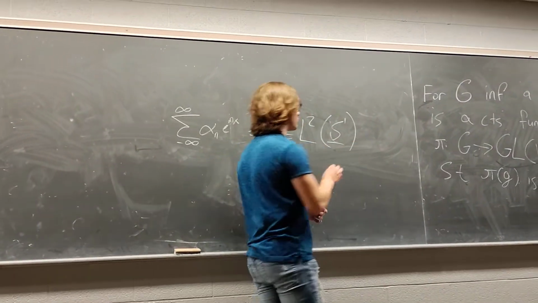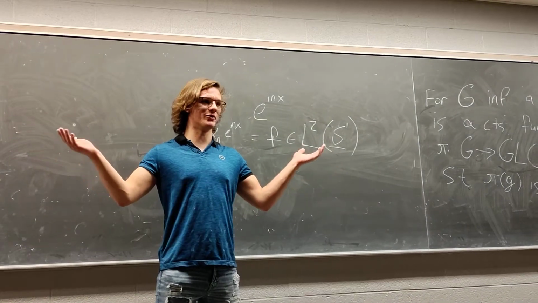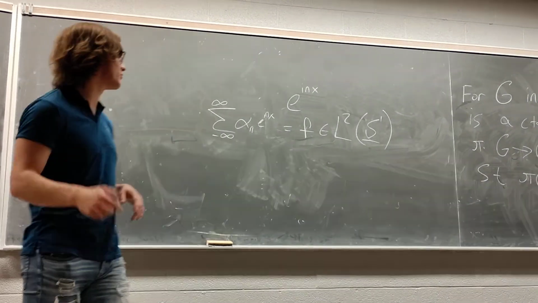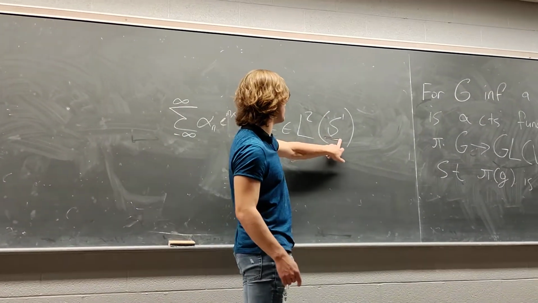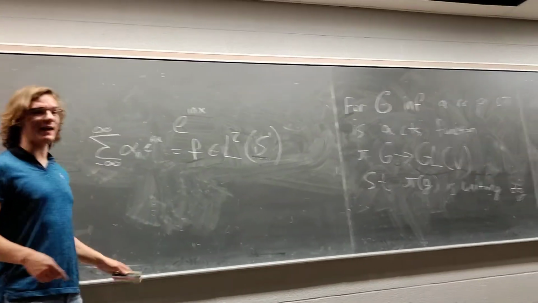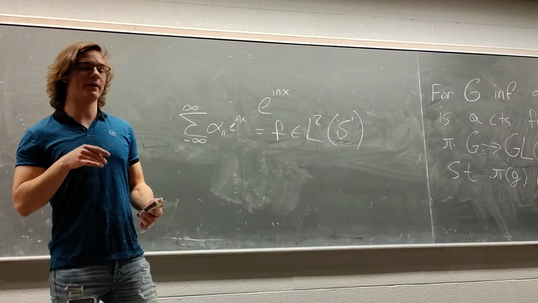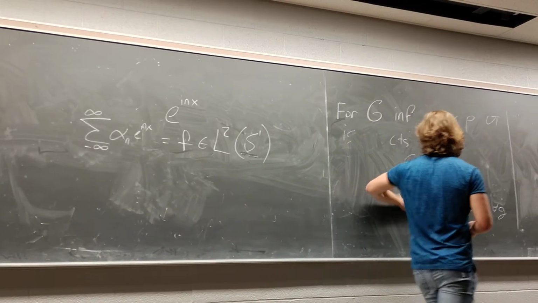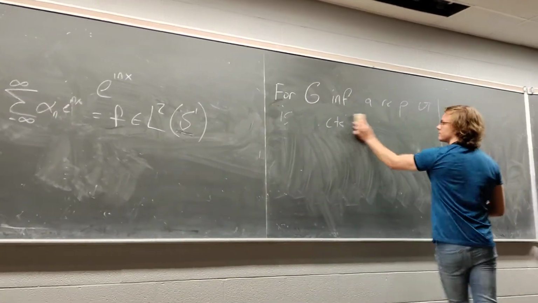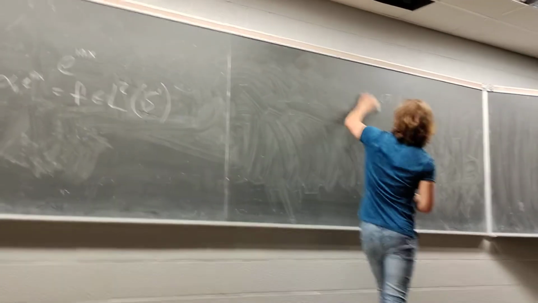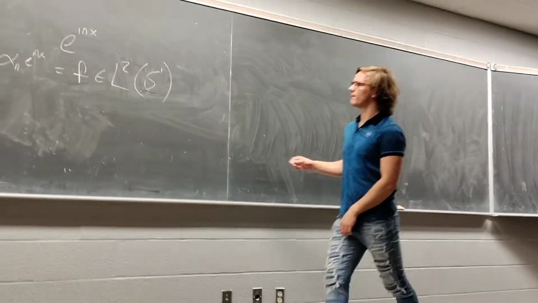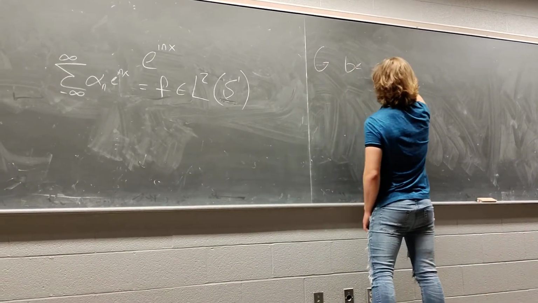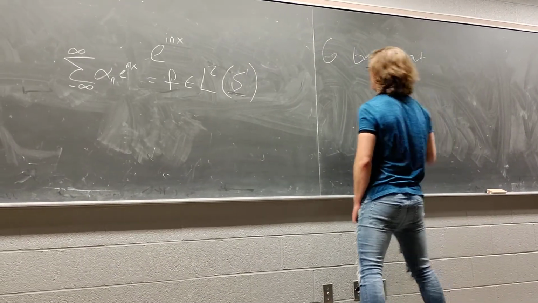Because we've asked this about the circle group, but what happens when we put another group there? What happens if we put a group that doesn't commute there? What happens if we put a group there that isn't compact, because the circle group is compact? And the answer is that a slight variant of this always holds. This is the so-called Peter-Weyl theorem. So if we let G be compact, but not necessarily abelian, and we let